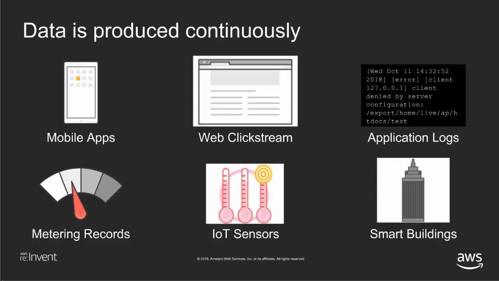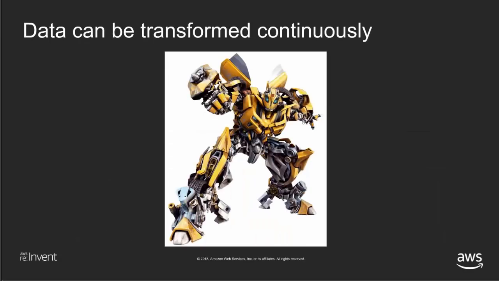Data comes from your applications. It comes from logs. It comes from your web servers. It comes from EC2 instances, and those devices and servers and other machines are producing data continuously. Data is not produced in batch. So why should customers have to process data in batch when it's generated continuously?